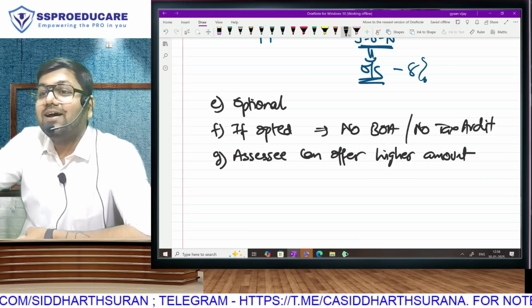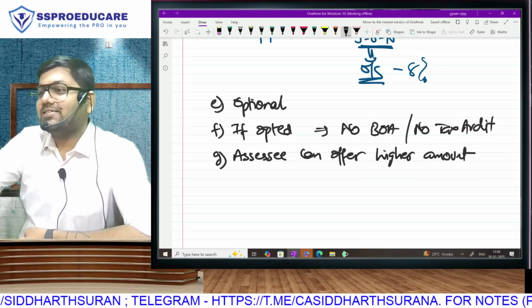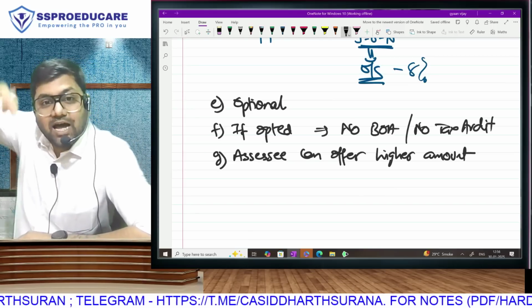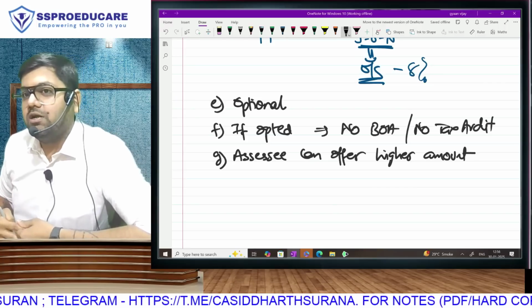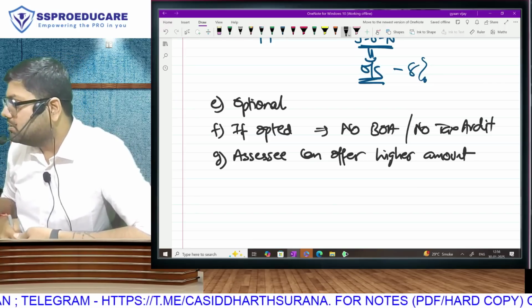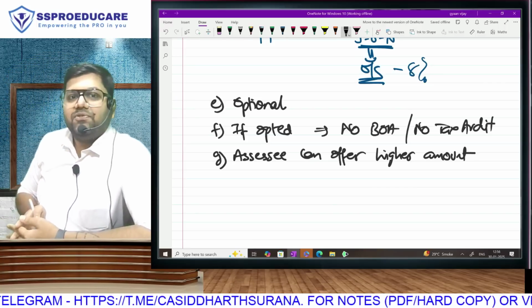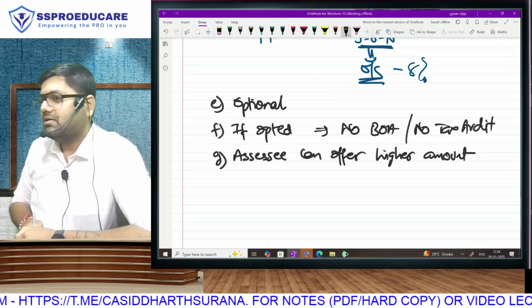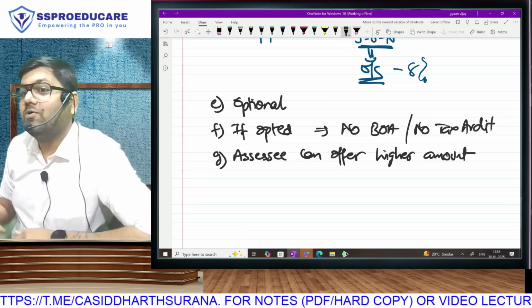Is the assessee Pratik's customer? C, customer. That if he is allowed to pay tax on 12, why is he paying tax on 15? Assessee is not customer. You are C, customer. So no. Because you are thinking only from